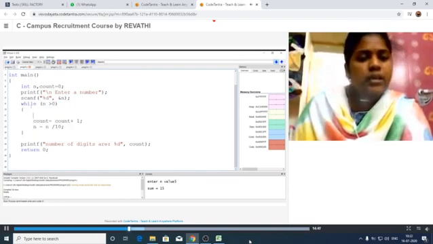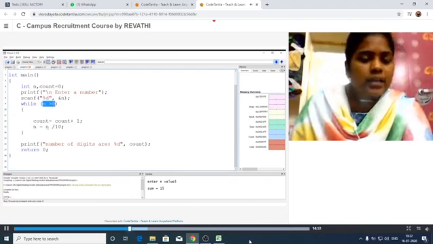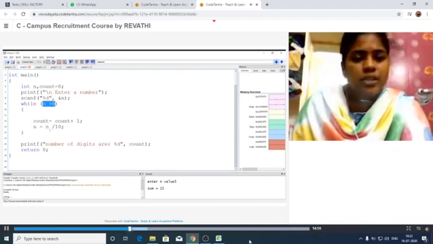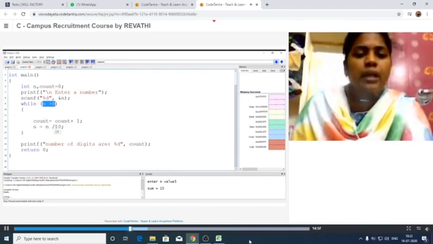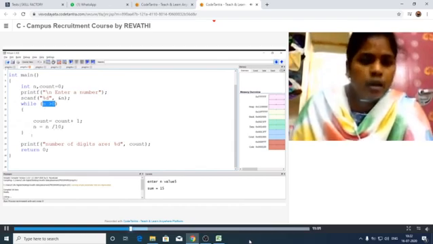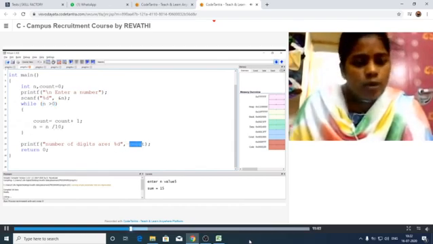Okay, now we are checking the condition while n is greater than 0. Whenever this condition is true, it increments the count value and divides our n value by 10. Whenever this condition is false, it comes out of the loop. Then it prints the count value.